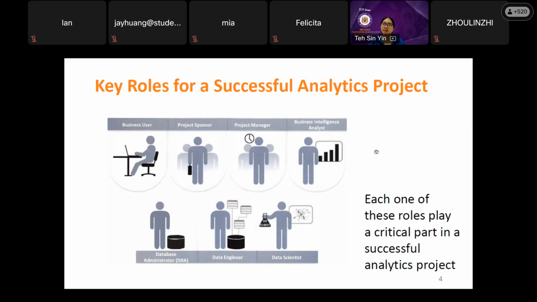Now my question is, does that mean in every business analytic project, if you want to succeed, you must have all the 7 roles? If I only have 6 roles, can I make a successful analytic project? So let me rephrase my question. In every project, is it necessary for me to have all the 7 roles? Then only I can succeed. Necessary means you say yes. Not necessary means you answer no. So let me know your answer in the chat box.